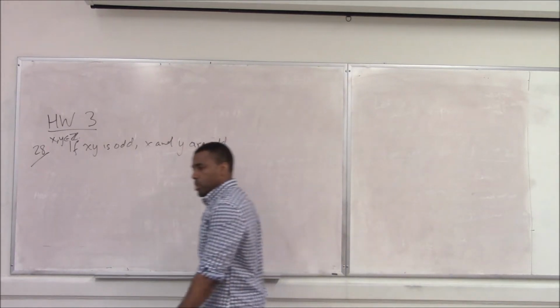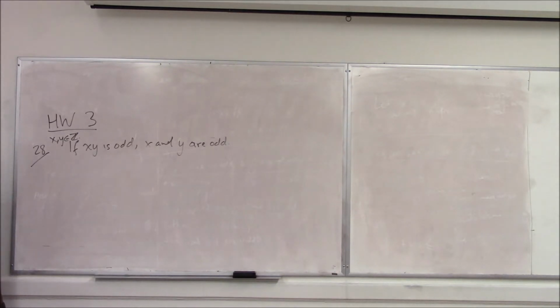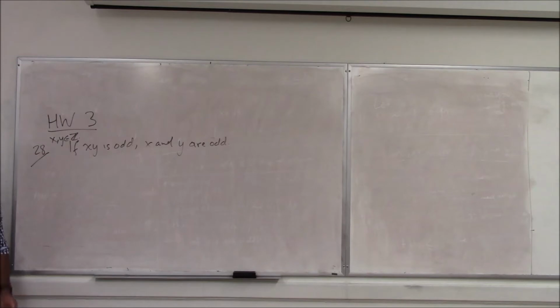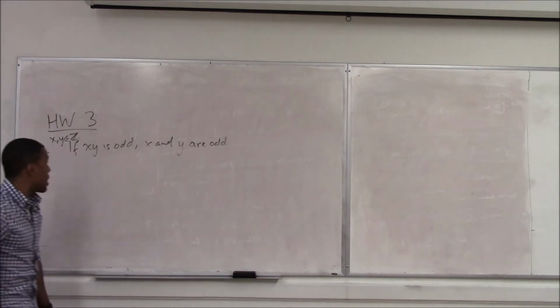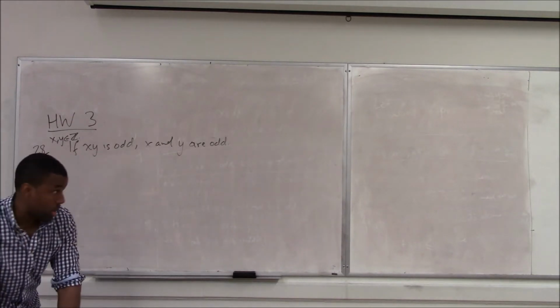Most people seem to jump into all the cases about even and odd for x and y, and then they make a conclusion about xy. Yeah? I tried to do the contrapositive using all the cases of x and y, or rather x or y are even. Right, but people did all the cases, including both are odd. If you want to do the contrapositive, which is probably what I would do, because thinking of a product as being odd is going to get you in trouble,